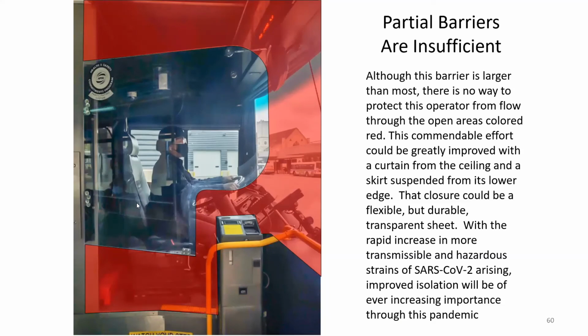be complete. So that red area that's bigger than the surface area of the barriers, all that should be sealed off, and it's not as hard as you'd think. You can take a piece of flexible vinyl sheeting and just tape it to the ceiling and have it come down as a drape, and that could come across and down in front of the barrier. So it would be cut vertically at the leading edge of the barrier, and then the portion that remains from